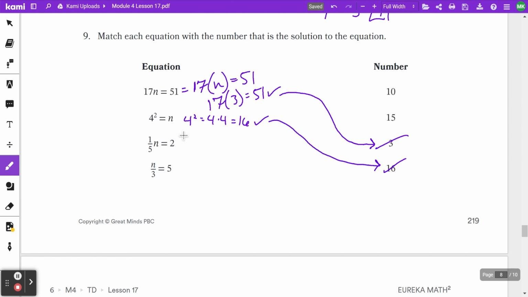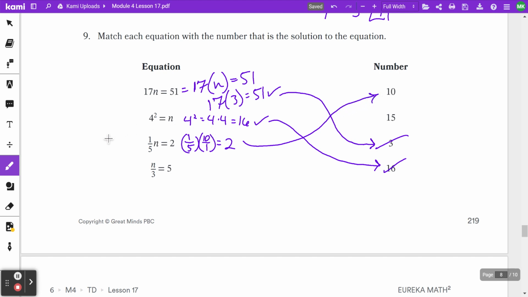And let's see, 1/5 times something is going to give me 2. Well, let me pull something in here. Let's see, 1/5 of that. So if I put something over 1 there, let's see, if I put a 10, that'll work. So if I get a 10 up there, that'll work. So 10,